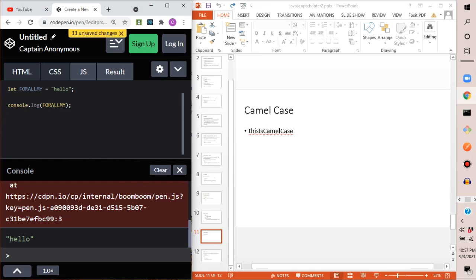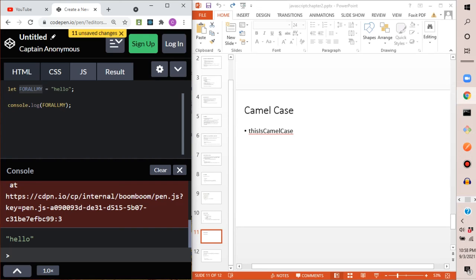Okay, so this works, right? All uppercase, they're all letters. Again, it doesn't start with a digit. So this is okay. But why would you write it like this? Now, I have seen in Java writing constants in all caps and using underscores. I have seen that. But for just regular variable names,